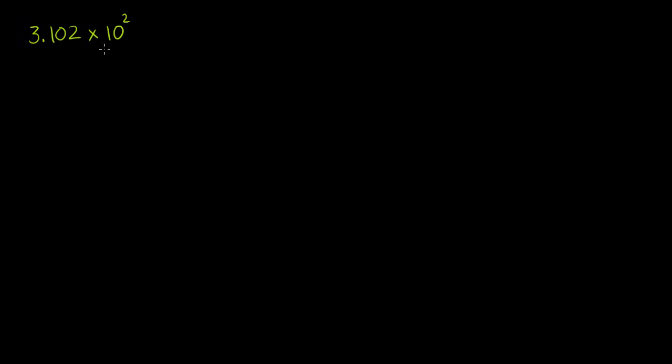And I want to write it as just a numerical value. It's in scientific notation already. It's written as a product with a power of 10. So how do I write this as just a numeral? Well, there's a slow way and the fast way. The slow way is to say, well, this is the same thing as 3.102 times 100,